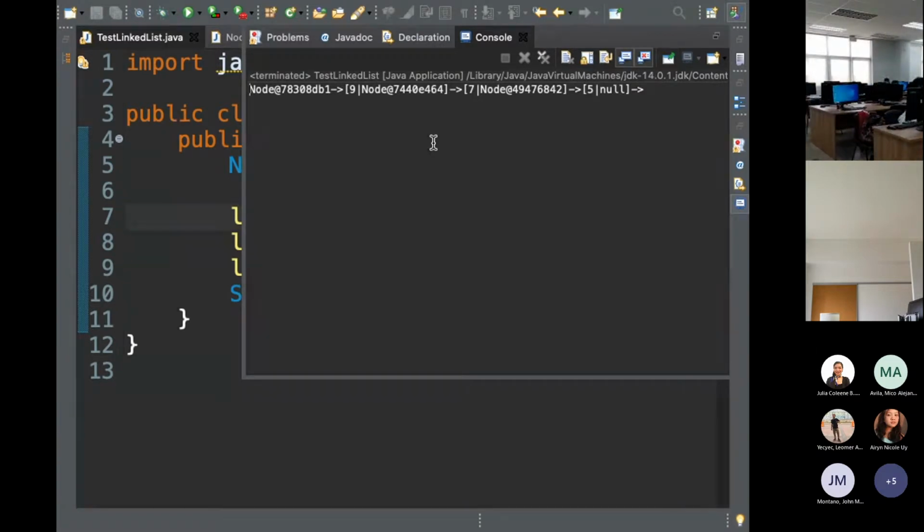Okay. So, ang node, yung node at 78308DB1, that's the node, that's the head. Yan yung address ng head. Yung head points to the next list. Para may list na ma-create, i-point niya yung next list which are 9, yung laman, at saka another node or another address. So basically, yung address ni 9, guys, is itong address na node at